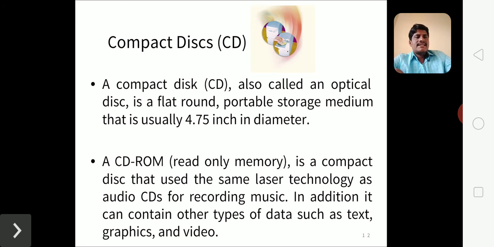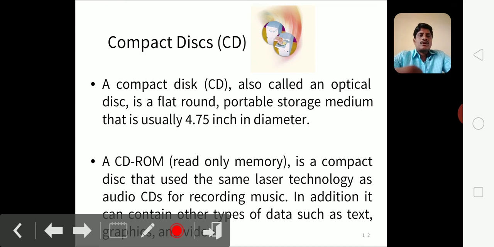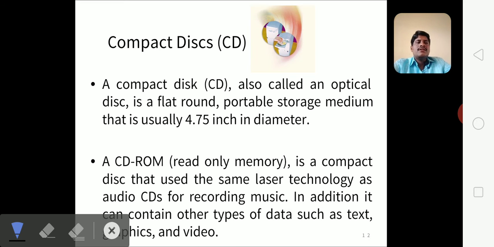So a compact disc, as I told you, is a flat rounded material having a diameter of 4.75 inch, and your CD can be of different types: read only CD, read write, or it can also be taken as just ROM, read only memory, like this. In this case the compact disc will make use of your laser beam